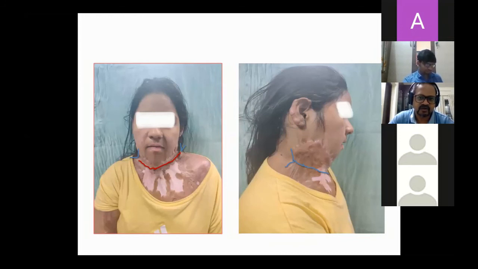Sir, there is a doubt. Examiners usually ask about the Mutter flap in post-burn contracture. So what is it? Mutter flap is the coracohumeral flap.